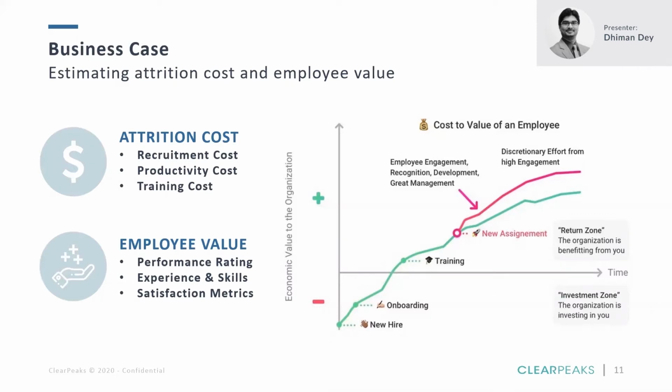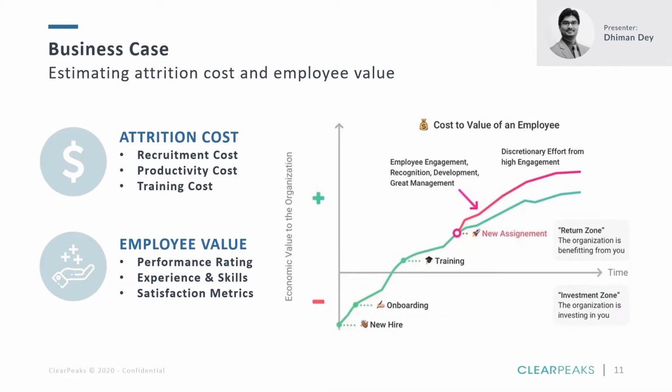One is the attrition cost and one is the employee value. And this is going to be our key central point around the entire solution. Okay. So first thing first, the attrition cost. So we all understand what attrition is, and we all understand the business process around what employee attrition can cost us. But none of us or most companies in this modern world try to empirically count or calculate the actual realistic cost associated with business employee attrition.